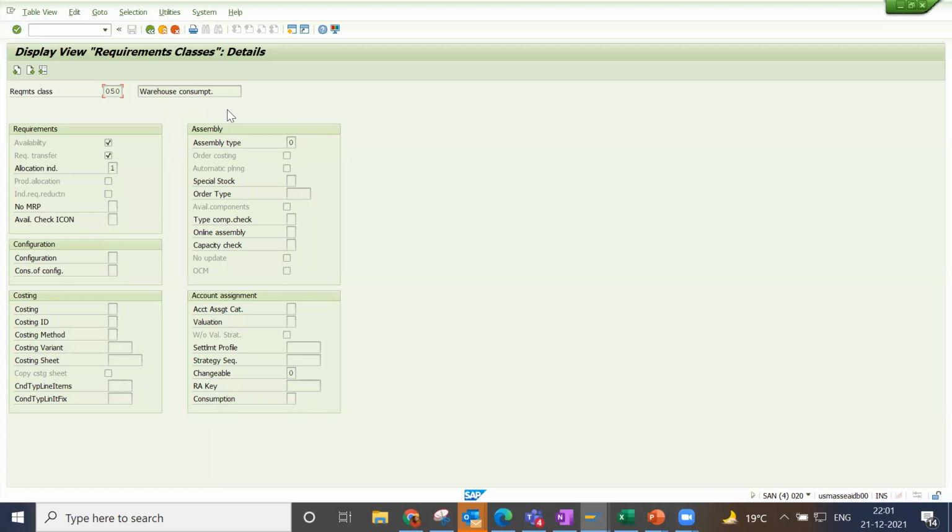So this is how the system checks the availability and transfers the stocks to material requirement planning. See, it is checking the availability and requirement transfer, and here we have the option to run the MRP or not to run the MRP. If you uncheck this, then the system will not run the MRP.